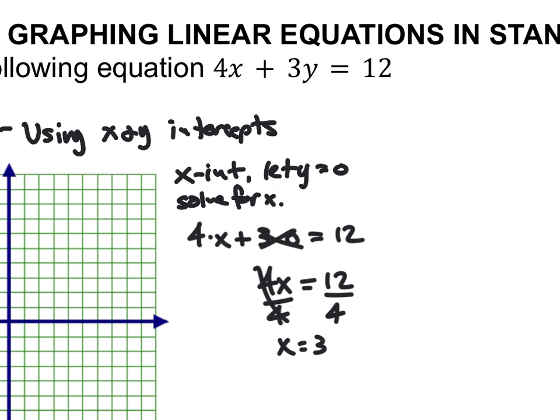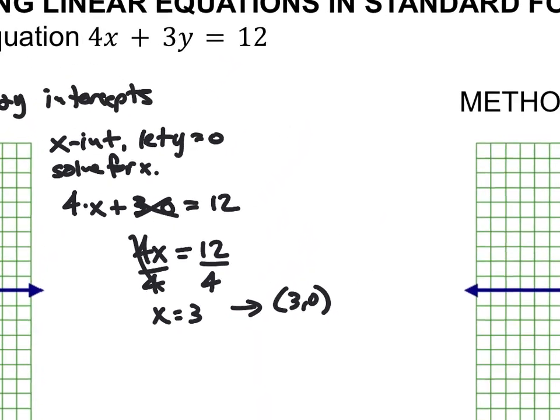So when you have that x is equal to a number and y equals a number, that yields us a point on the graph. This is the point 3, 0, okay? The next thing that I can do